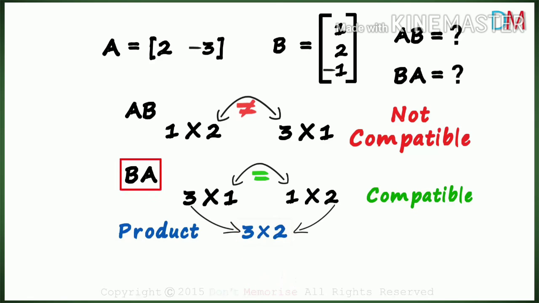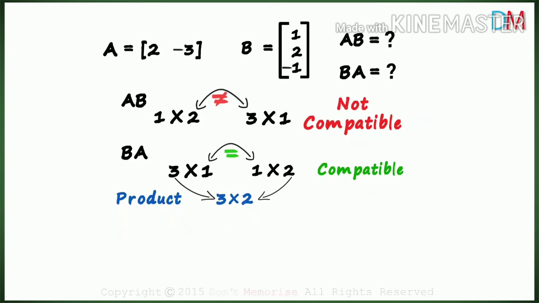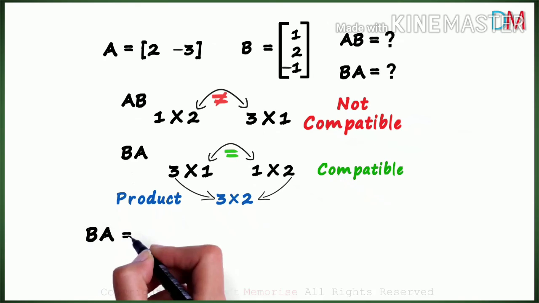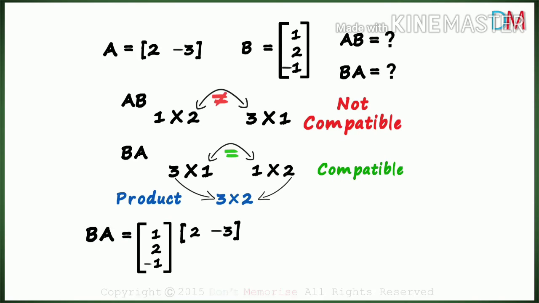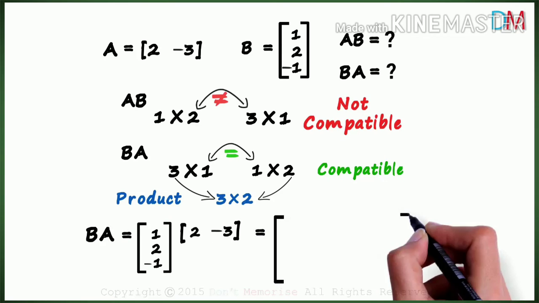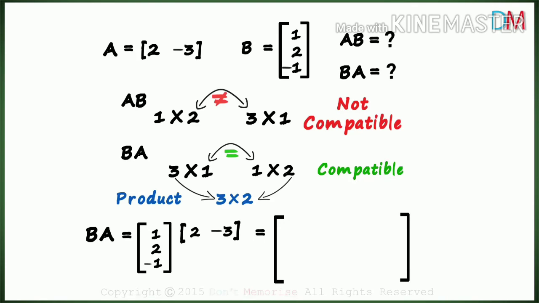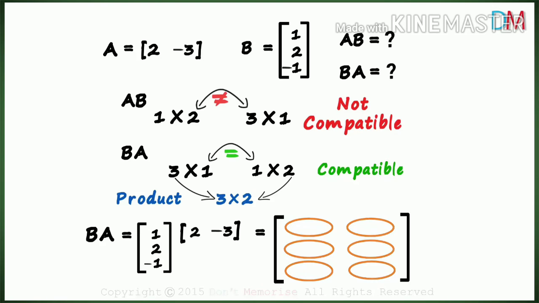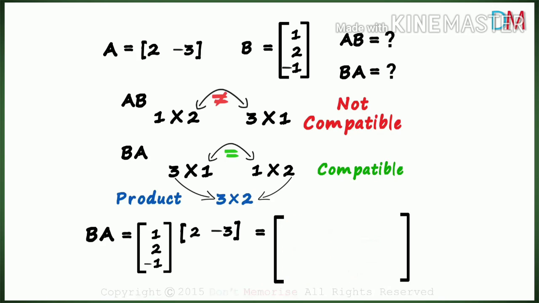We know that this product is possible and also know the order of the resulting matrix. And now that we know the order, we can move on to finding the product BA. This is matrix B and this one is A. The result will be a 3 by 2 matrix. It will have 6 elements. As we had seen in the previous session, the 1/1th element here will be the product of the first row of the first matrix with the first column of the second.